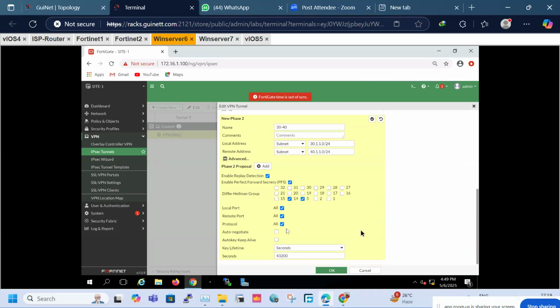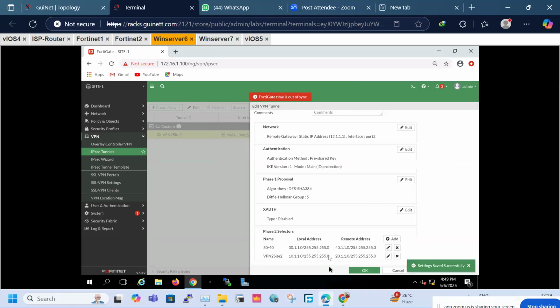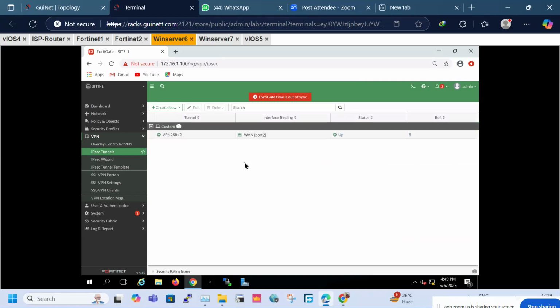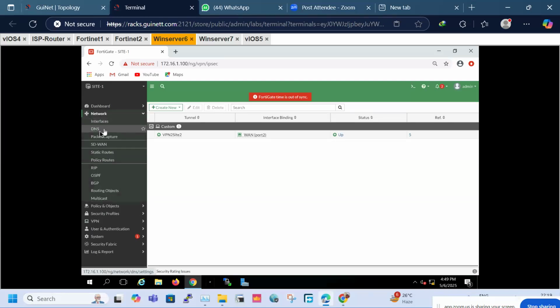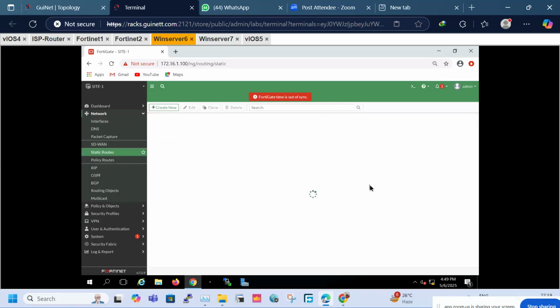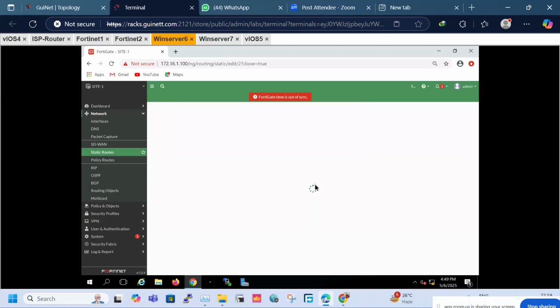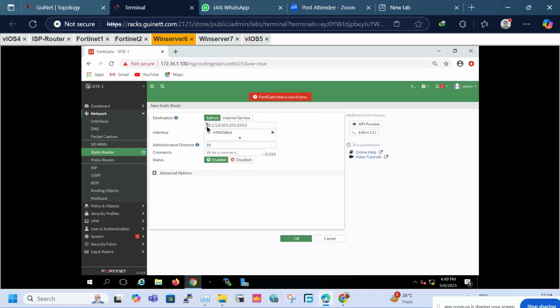What else we need to define? We need to define the parameters also. I want to keep the PFS enabled, Diffie-Hellman 5. So it's added, right? So do we need a policy also? No, because we have defined any, right? So we don't need policy, but we will have to define the route towards the tunnel interface. So I'll clone it. I will define 40 subnet towards the